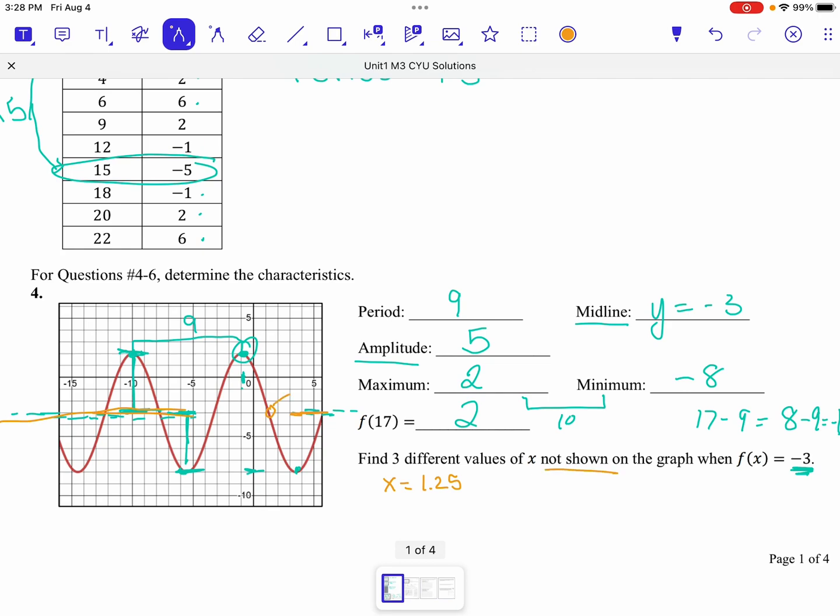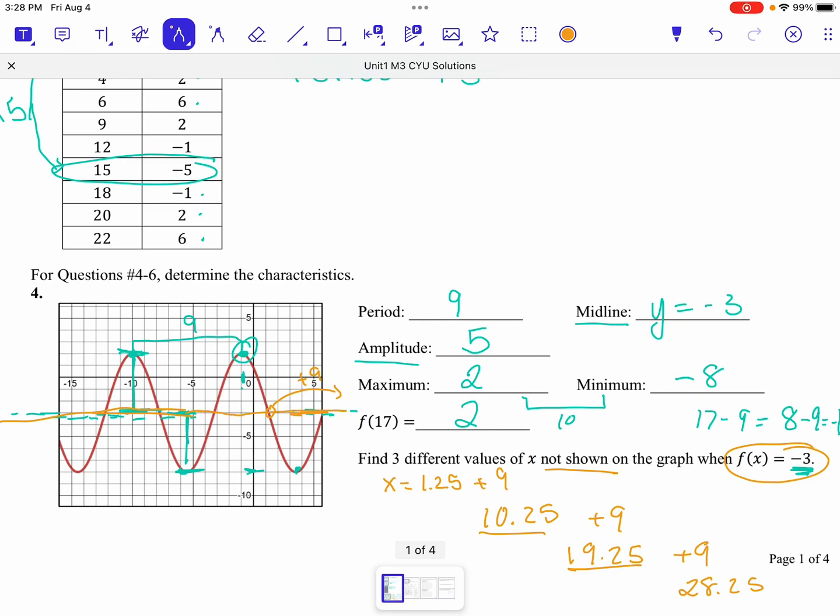So I would want to think 9 past that. So, if I add 9 to this, I would get the next x value that has an output at -3. And so 9 plus 1.25 would actually be 10.25. And I could keep repeating this pattern. That's how periodic functions work. So if I went 9 past that, I would be at 19.25. And if I added another 9, I would get to 28.25. And you could keep going and going and keep adding 9s, or you could subtract 9s to work backwards,